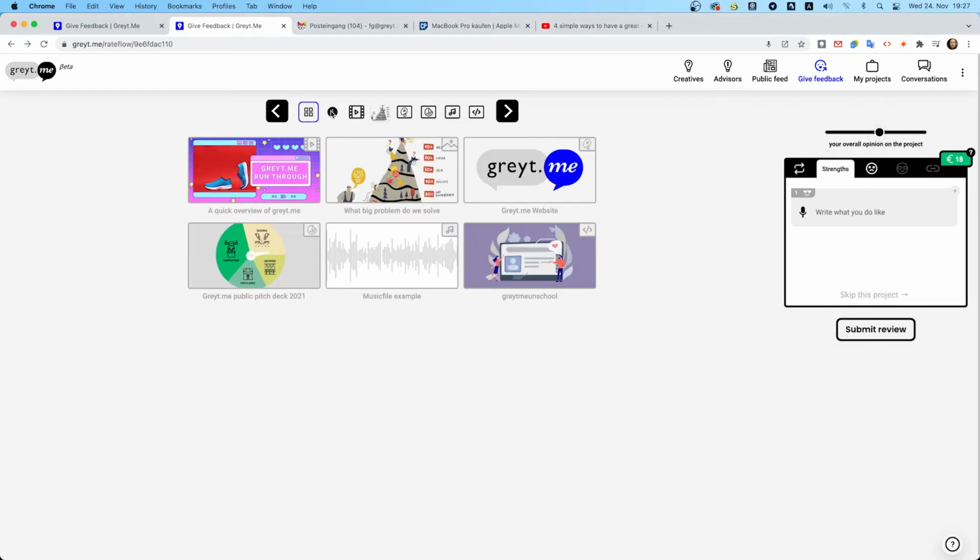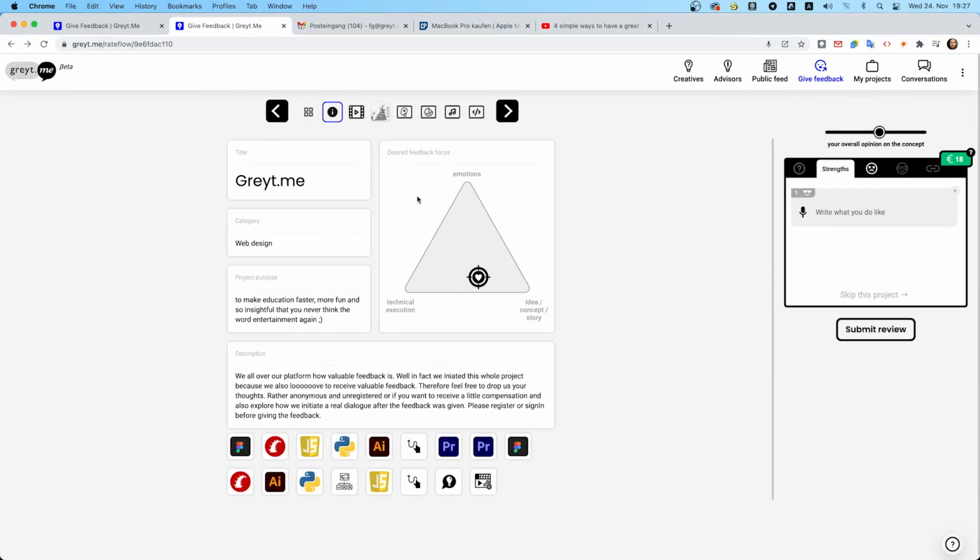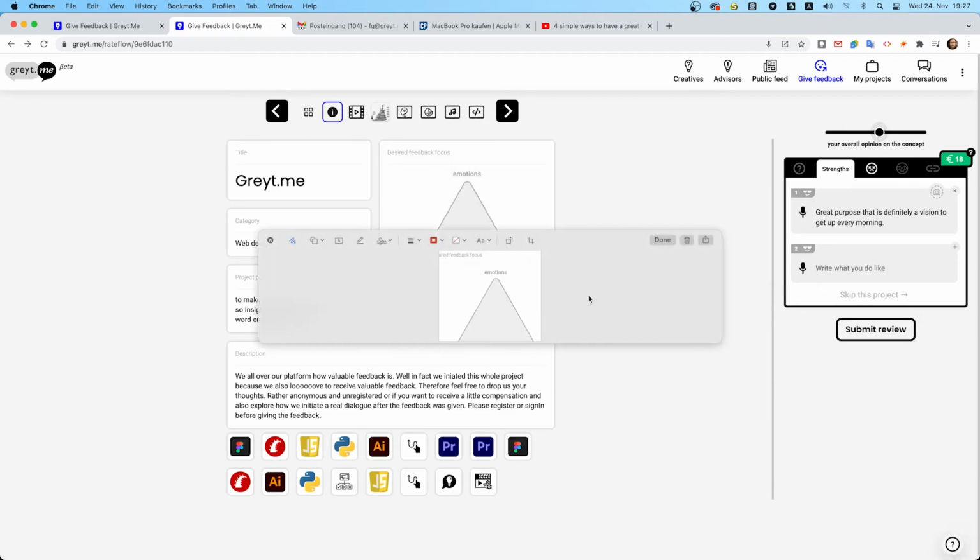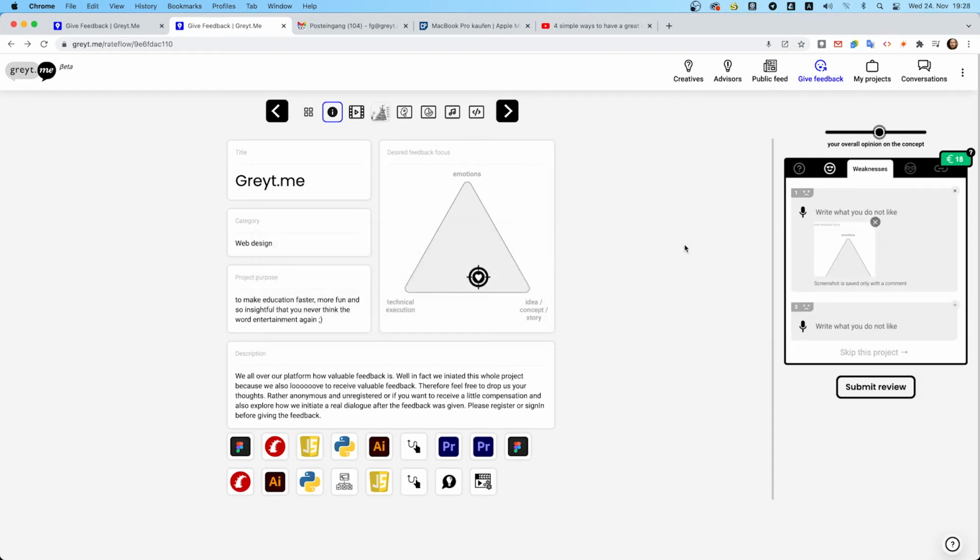Next comes the info or description area. Here you see the title name and the project description. Use this area to specifically discuss the explanations and name of the project in more detail. Lots of good works lack a clear and conclusive explanation. The triangle emphasizes where this creative would like your feedback to be focused. So don't be surprised if no one is happy when you discuss the color correction of an image, when the triangle asks you to focus your attention on the conceptual side of the work.